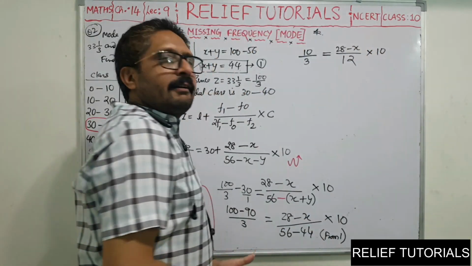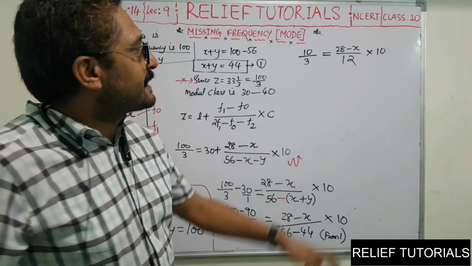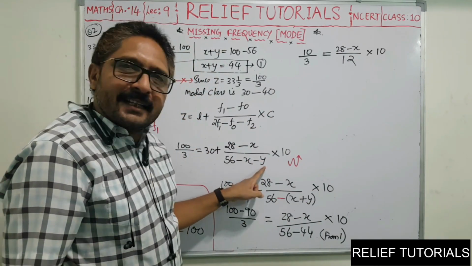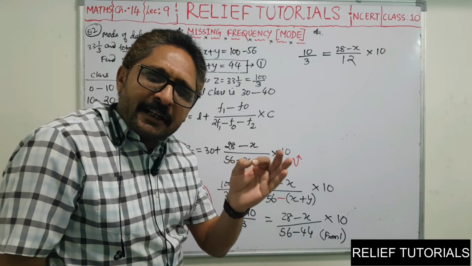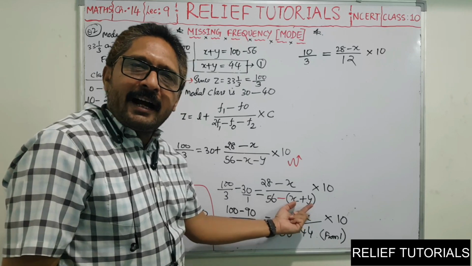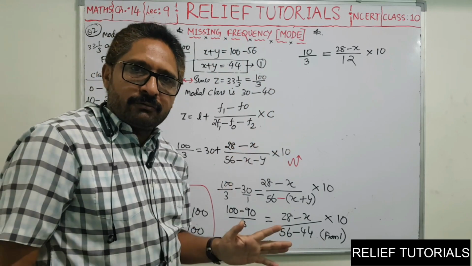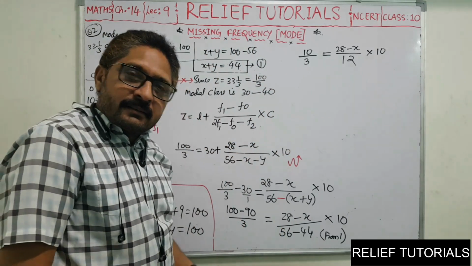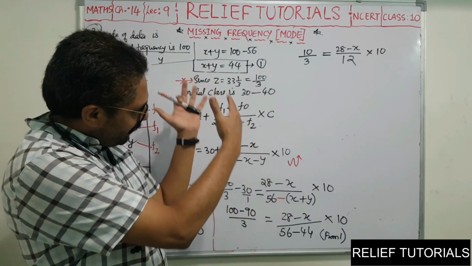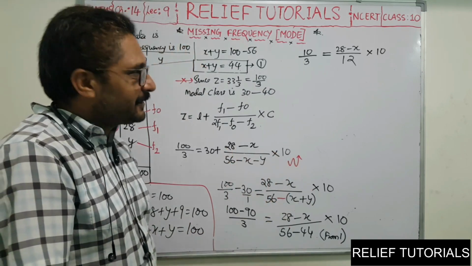Now look at this equation. How many variables are unknown? Only one variable is unknown, that is x. Clear? Previously there were two unknown variables, x and y. We just took minus common. Just by taking minus common, we get x plus y, and directly we can substitute the value of x plus y, 44. Is it clear, friends? See how maths works, how it flows. The whole problem flows like the holy water of the Ganges. Are you enjoying this? Okay, come on, come back.